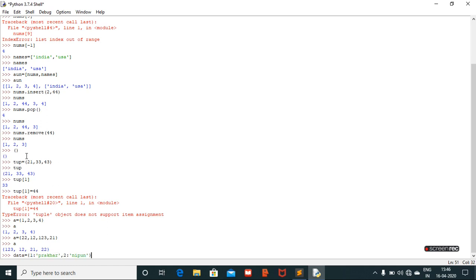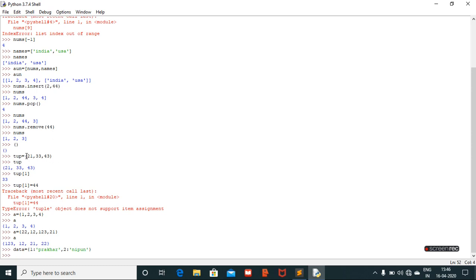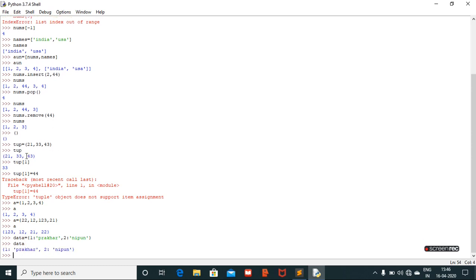if you want to store the elements, then if you want to access the element, see, if you give data, then you will get the full dictionary. If you want to access any value, then you have to give data and the key value.